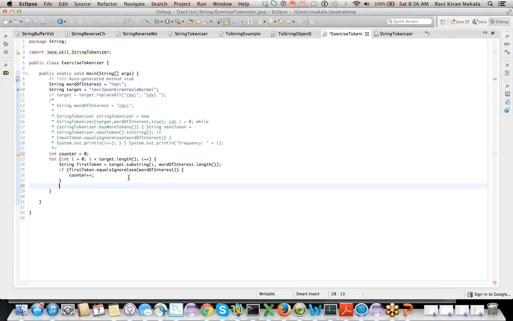After that, no matter what, you're going to increment i. Don't do i plus plus, increment i equals i plus word dot length.